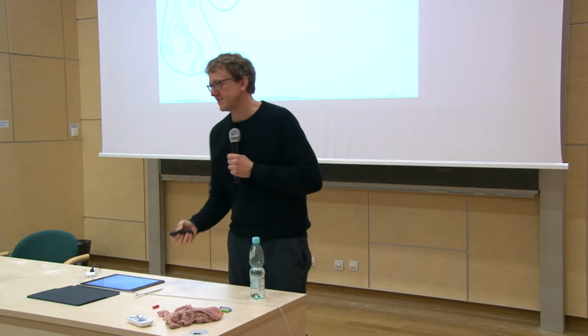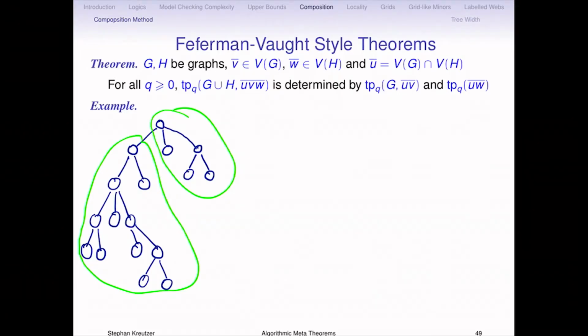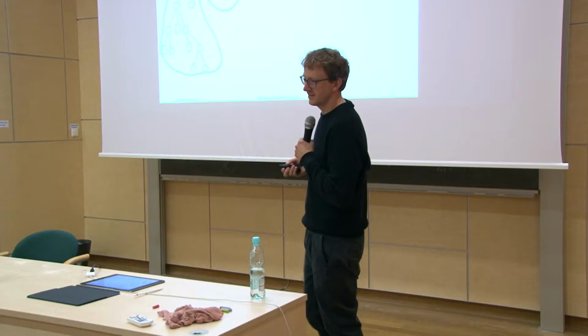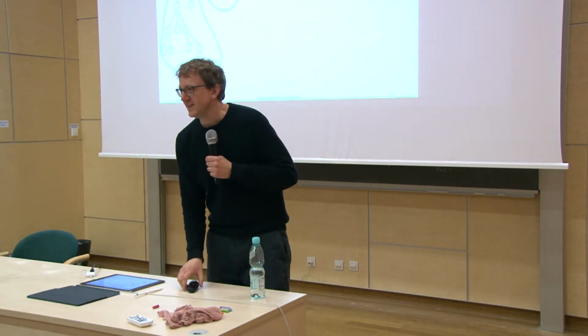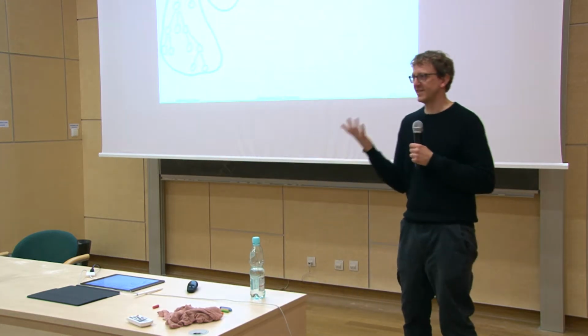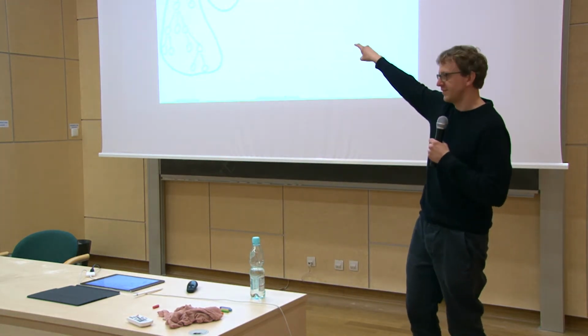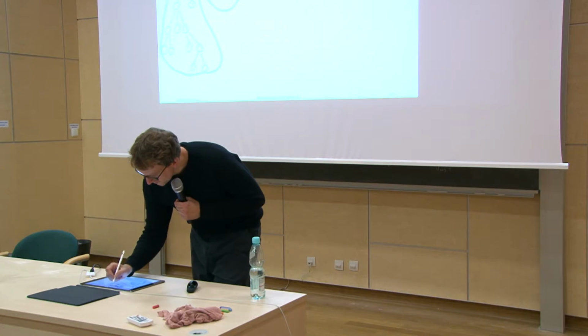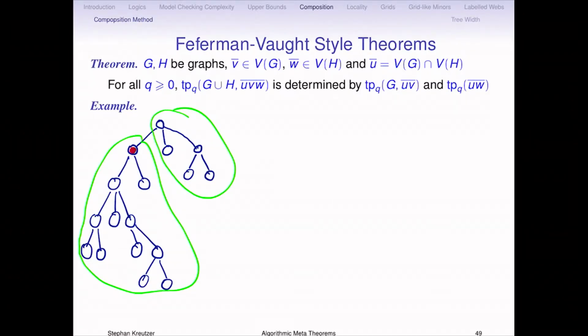And if you only care about sentences, you have a lot of choice on how to choose, for example, the arity of your tuples, right? But let's say this is the only red vertex, and this is the only green vertex. I don't need to color it. And your sentence could just say there is a red and a green vertex, and they have an edge in common. But this is not recoverable if you only look at the green areas. Let me just draw it: this is red, and that's green. And I want to verify the sentence: there is an X, there is a Y, X is red, and Y is green, and there's an edge between them.